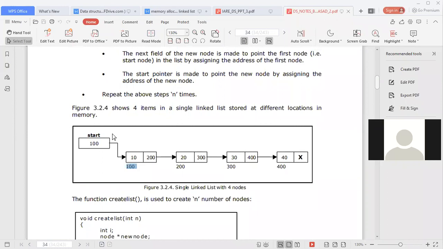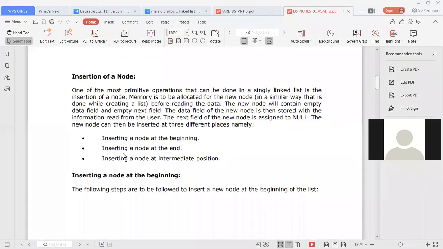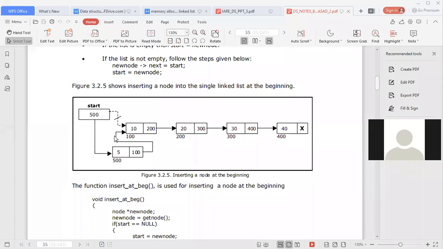Suppose you want to add a new element. How do we add the new element as the beginning element? This is the way we are supposed to add. We connect start to the new node. We take the address of the new node and link it to the first node. Sindhu, is it clear, sir?